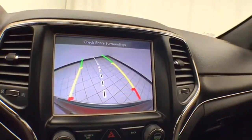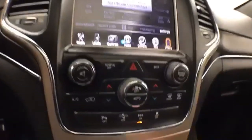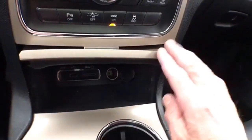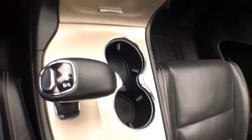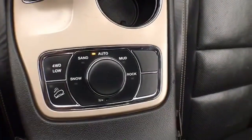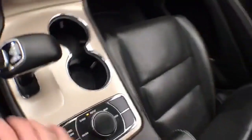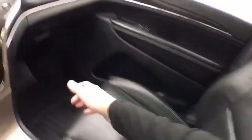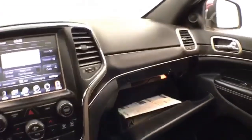And that is, of course, where the backup camera display is. Hard keys below for the things you use most often. USB and auxiliary input, allowing you to connect those media devices. That 8-speed automatic transmission. 4-wheel drive with 4 low, giving you the greatest capability. Lots of storage space in the armrest. And a spacious glove box with